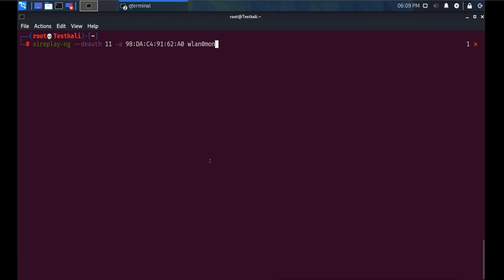So here I have already added the MAC address of the AP. Now I will add the MAC address of the host also, which I want to disconnect. So this is the command, aireplay deauth. It is going to send 11 packets to deauthenticate, and we can increase the packets. We can increase it to 25,